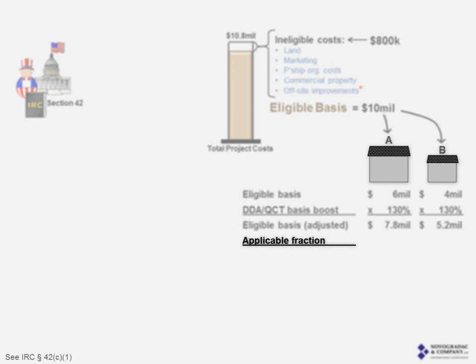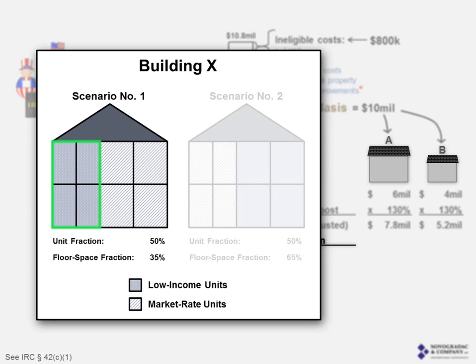Let's just look at an example here of the applicable fraction. Let's say building X, here's scenario 1. It looks like it has 8 units, and 50% of the units are low-income units. However, we note that those are smaller units, so the floor space fraction of those 4 low-income units is only 35% of the total units. So in this scenario for building X, the lesser of the 2 is 35%, and that would be the applicable